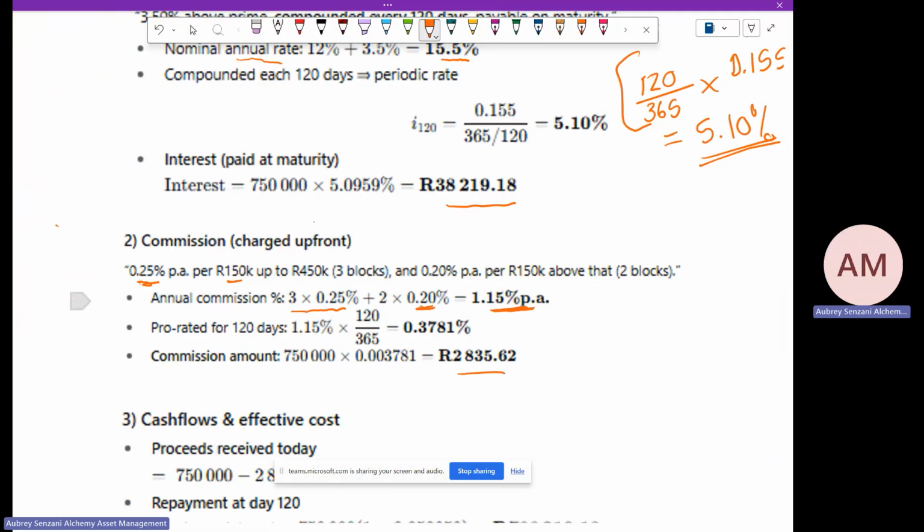Then what is the total commission on 750? Remember we have to apportion this for 120 days, which is what they're doing here to get this interest rate. Once you have that, you times it,